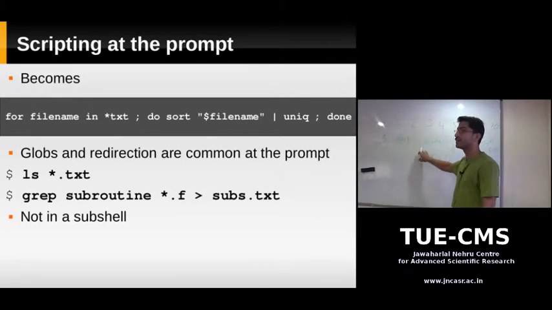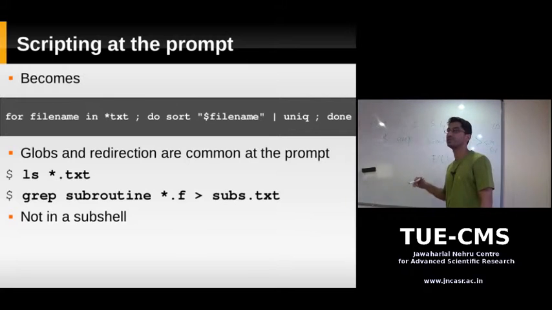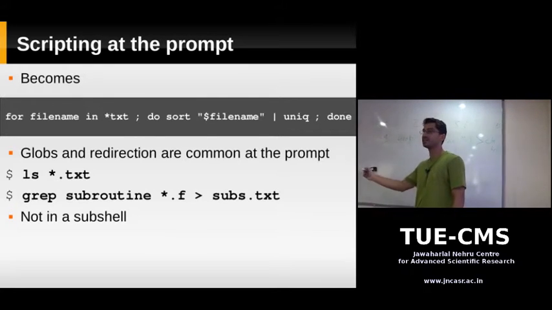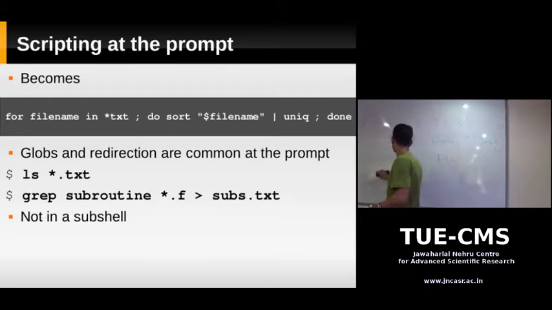Now grep by default, when you provide it with more than one file name, also adds the name of the file to the beginning of the output. So the output will be the file name, the line number, and the matching line. That way you can know which line came from which file. That's grep's default behavior. You can switch that off using an option.